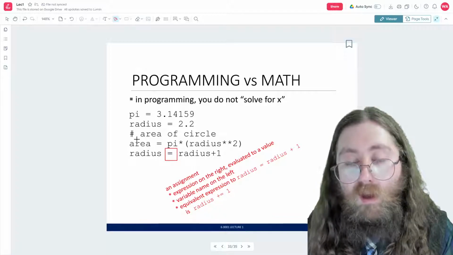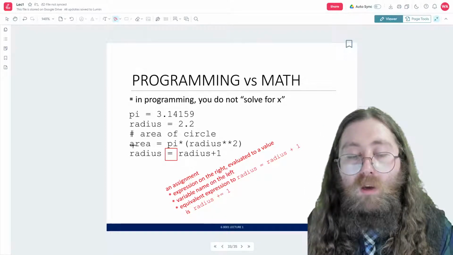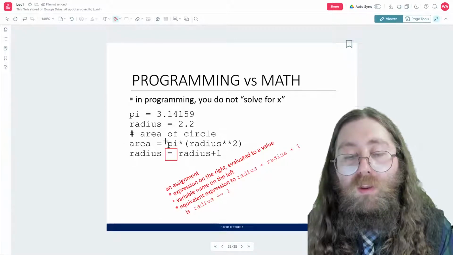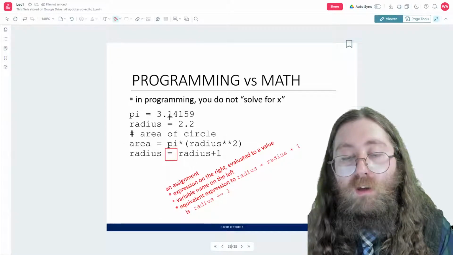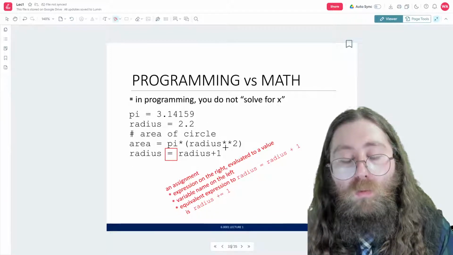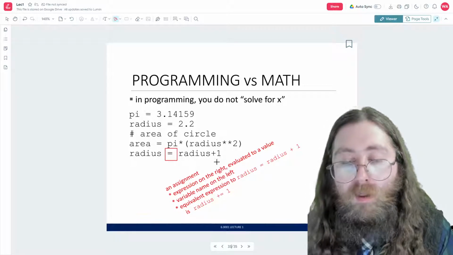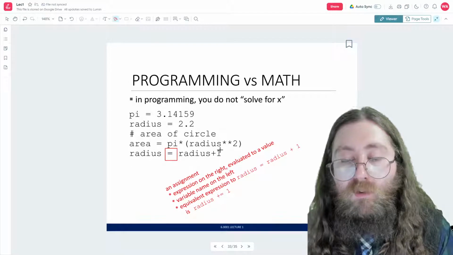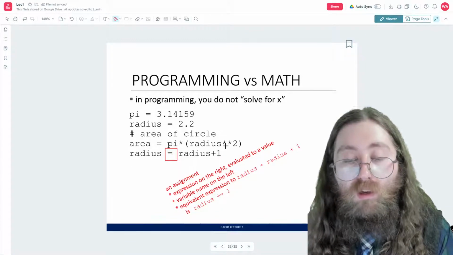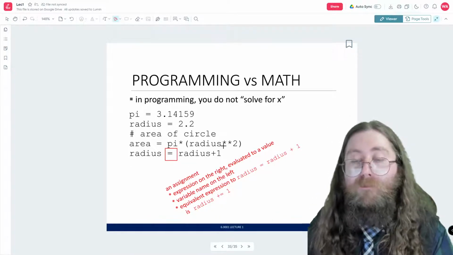The reason why it's not going to affect the value for area is because we already calculated area with these two values when those two values were these values that are bound up here, right? But when we rebind it to its value plus 1, that means that value is different, and we no longer have access to that previous value of radius. It's gone. We've redefined it, okay?